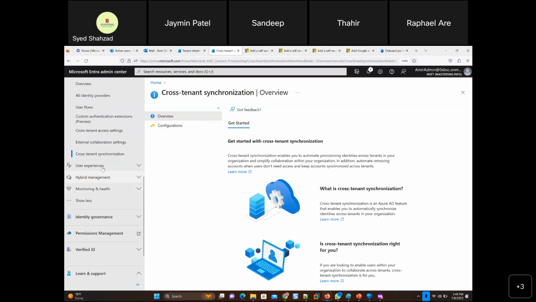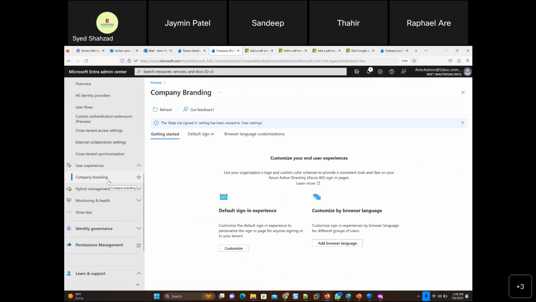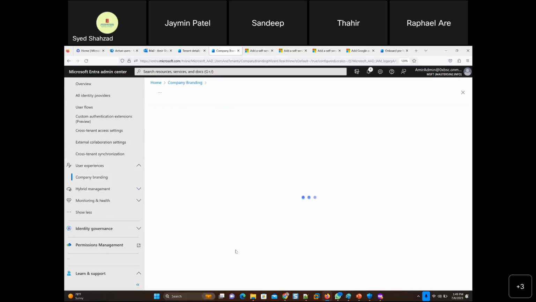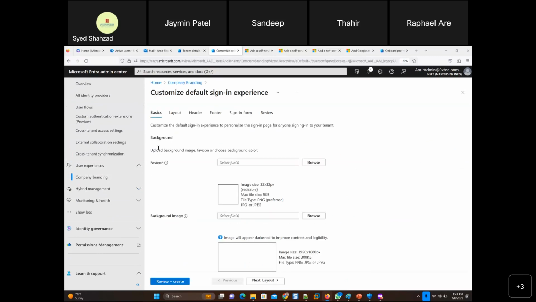Okay. Then there's user experiences, company branding. So within Active Directory, you can upload a logo and you can upload a wallpaper with custom sizes. And then you can show it as a company experience as well. If I go to customize that, they say upload background image, favicon, or choose background color.